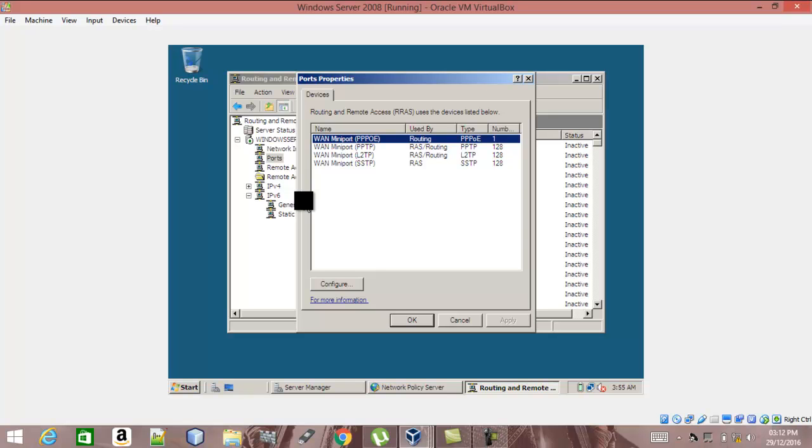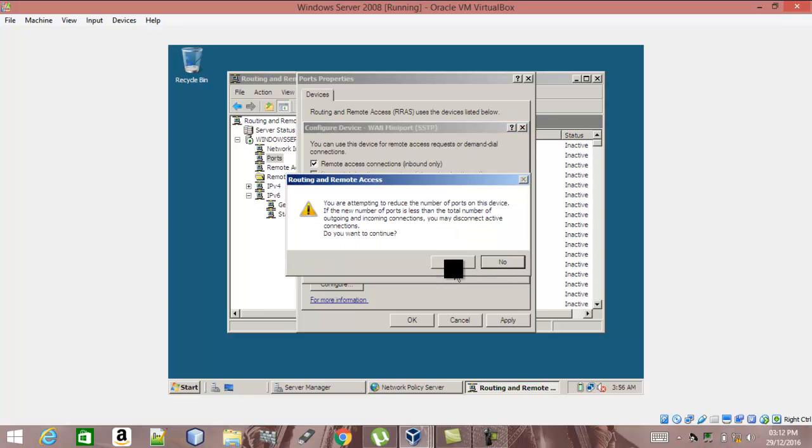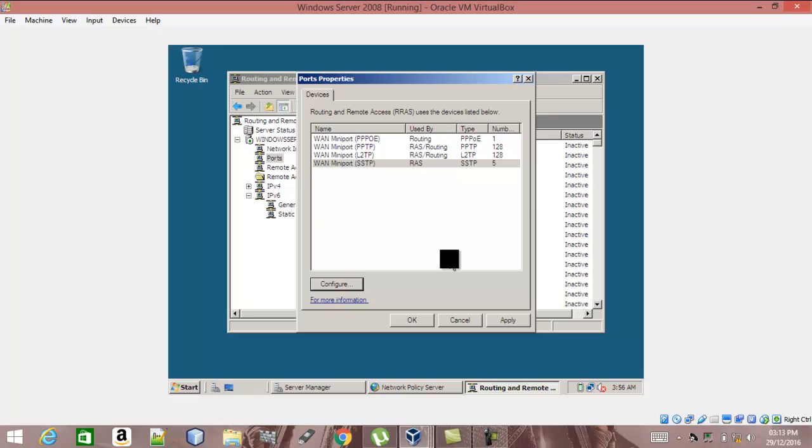and I'm going to configure the Mini Ports SSTP and PPTP. So you do this one at a time. So I'll select SSTP first, you click configure, and once again, for the sake of this tutorial, the maximum ports, I'll just lower it to about 5, but as you can see, you could put any amount as you want. So I'm going to click OK, and you just select yes when this message pops up,